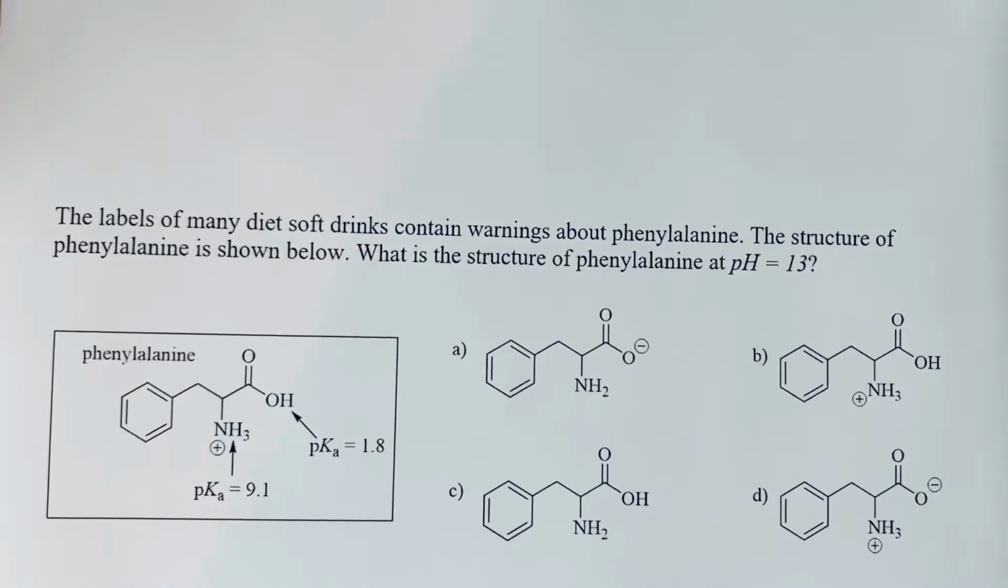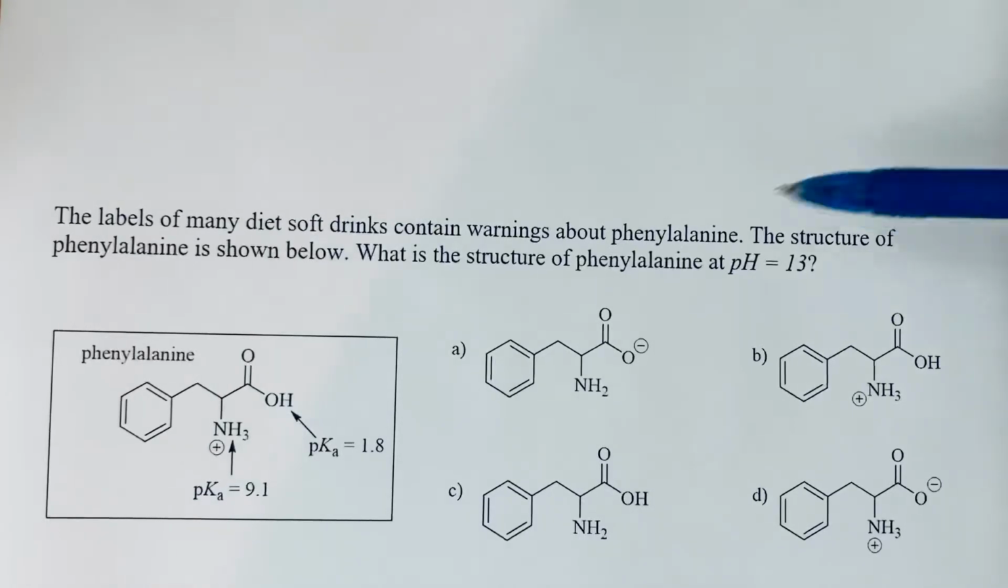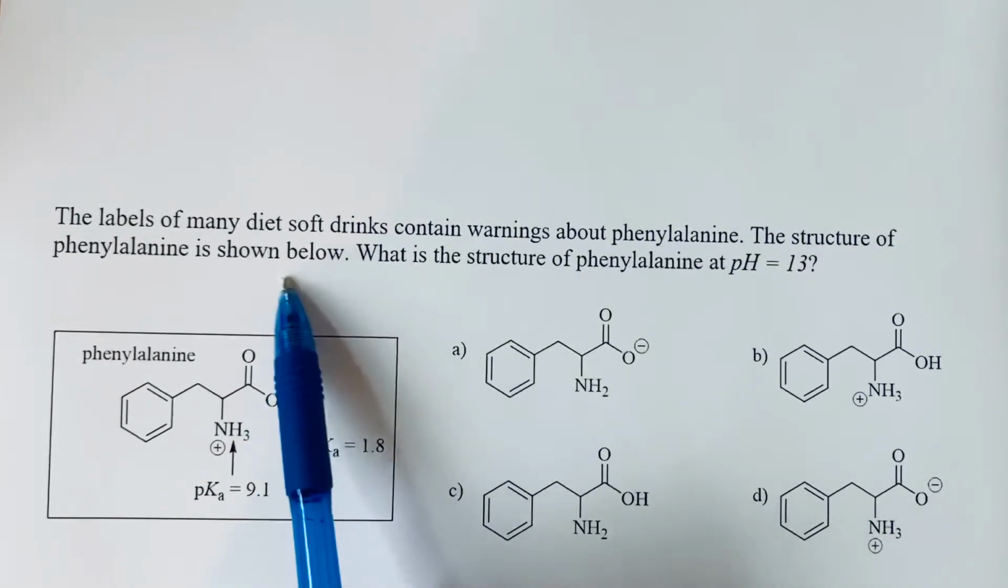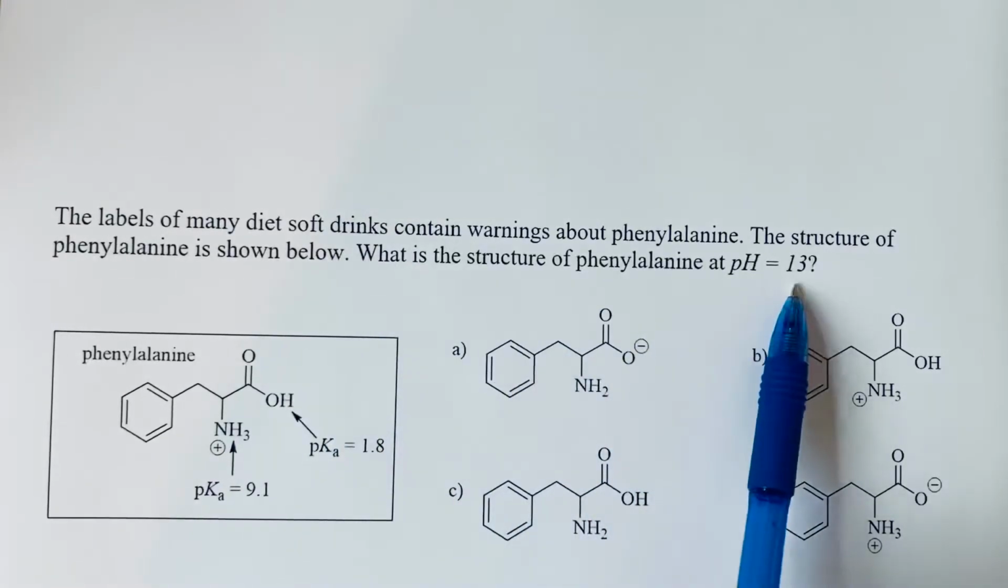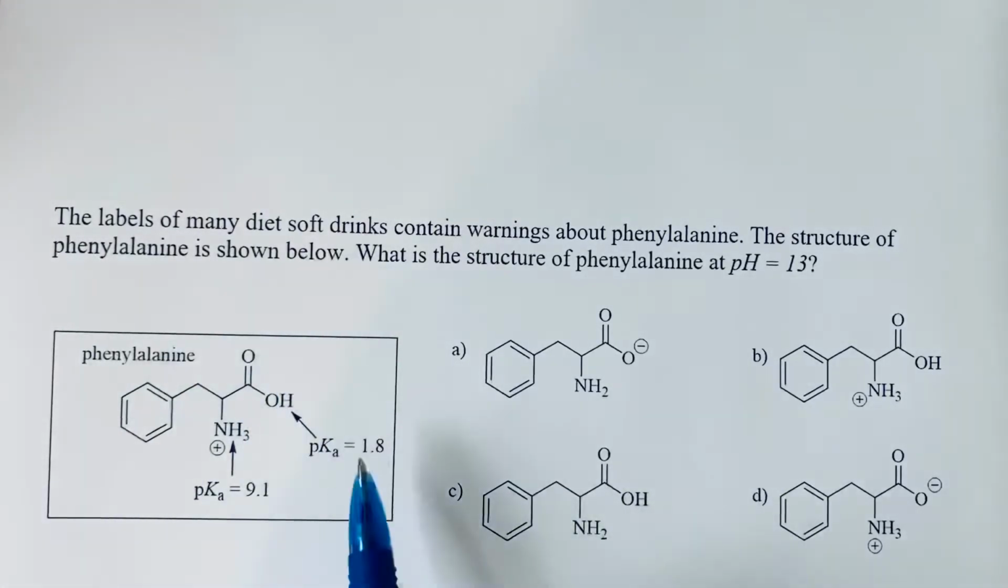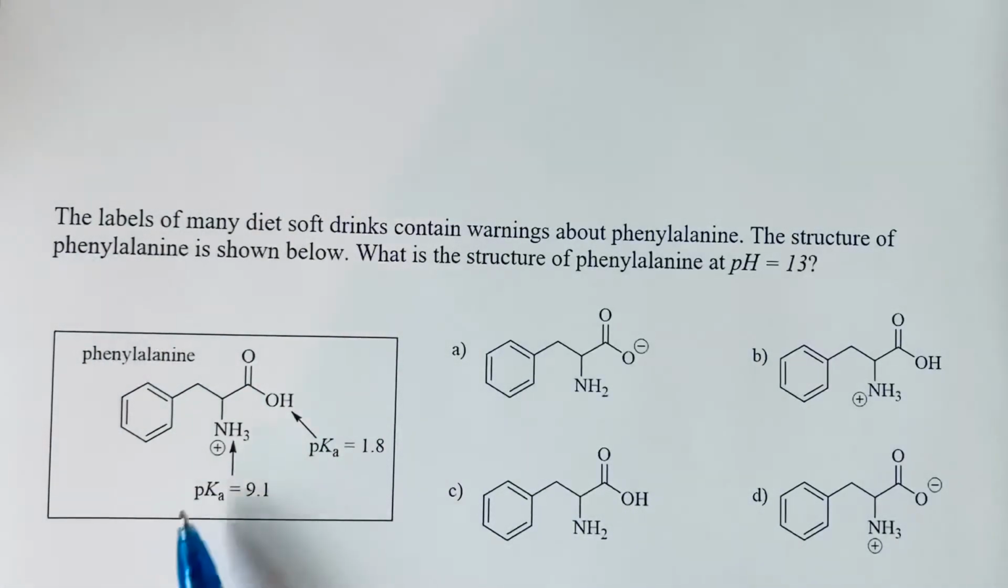The labels of many diet soft drinks contain warnings about phenylalanine, and the structure of phenylalanine is shown below. What is the structure of phenylalanine at pH 13? So what we're doing here is evaluating how the pH of the solution affects our acidic hydrogens. This is drawn in the acidic form for the two different acidic hydrogens that we have on phenylalanine, which